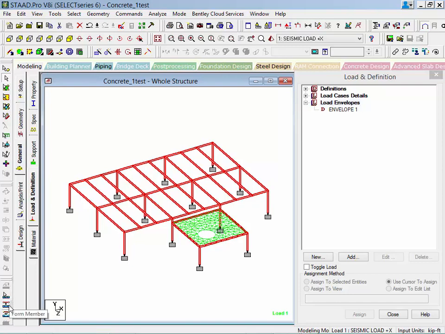Here you're going to see we have two major commands. We have a Form Member command, which will be used to form a single physical member consisting of one or more analytical members that you manually select. Or we have the Auto Form Member command. This will be used to create multiple physical members in a single operation, which is what we'll do at this time. So we'll go ahead and click on the Auto Form Member command,